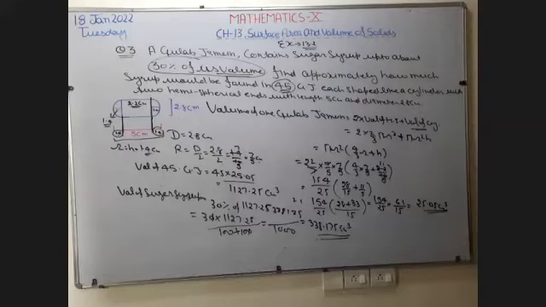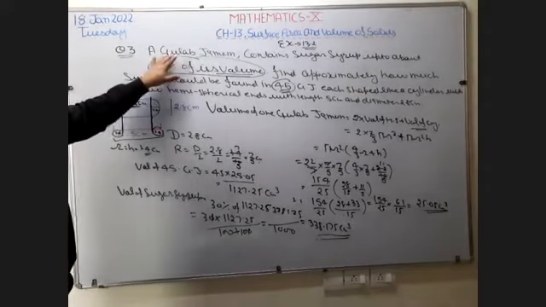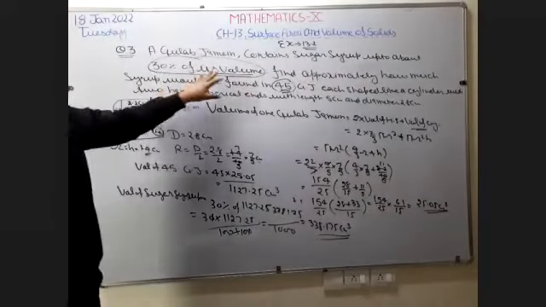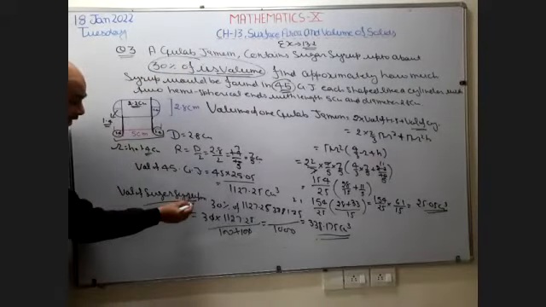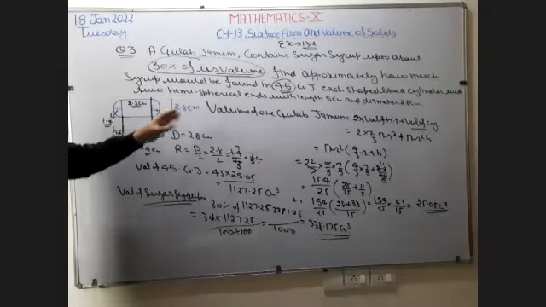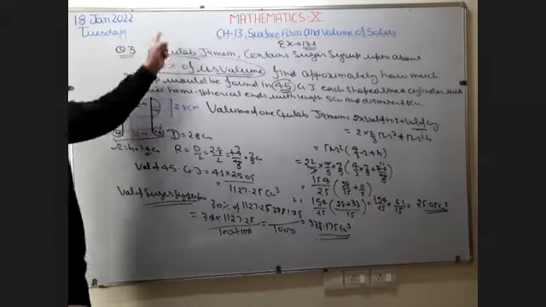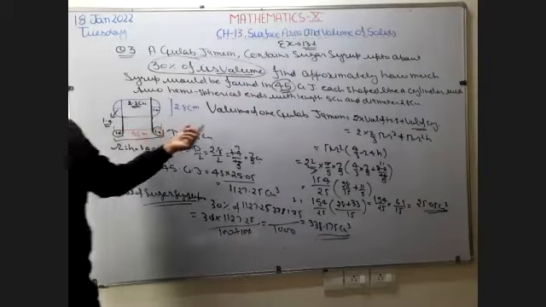Yes, sir. Sir, why did you take 30% of the volume for 45? Beta, check the statement of your question. In this question, what is given? A gulab jamun contains sugar syrup up to 30% of the volume. 30% of the volume is the volume of sugar syrup. In this question, we want to find the volume of sugar syrup. It is given the volume of sugar syrup is 30% of the volume of the 45 gulab jamun. So we want to find the volume of first gulab jamun. I find the volume of one gulab jamun.